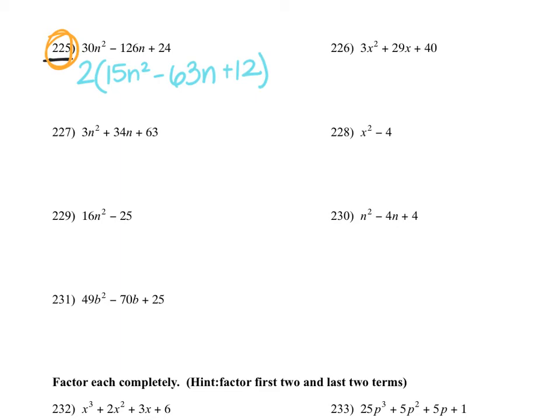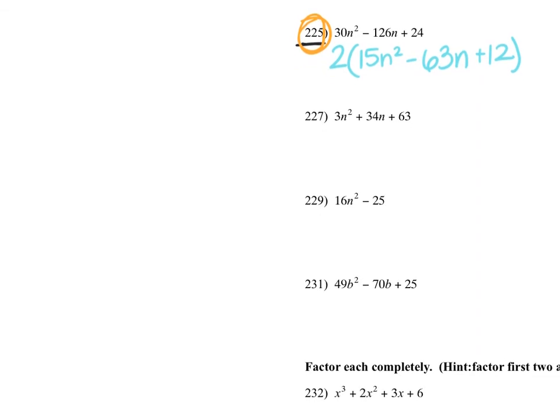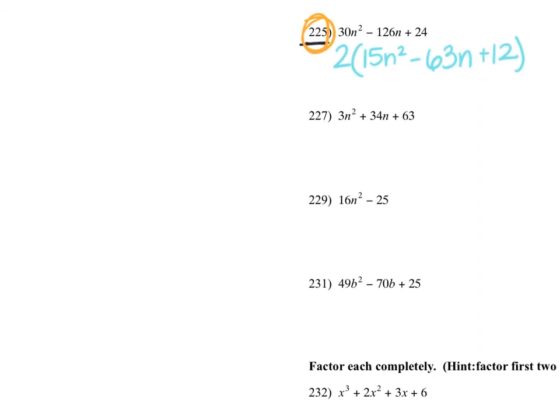And from here, I can go ahead and do the cutesy method. And I'm going to move my iPad so that you can see it on the left side and I can work there a little bit neater. So again, I'm going to ignore the 2, and I'm going to write down my trinomial, 15n squared minus 63n plus 12. And I'm going to write down my factors of 15, which is 3 and 5, and 15 and 1. And then my factors of 12 are 6 and 2. Well, actually, before I do this,